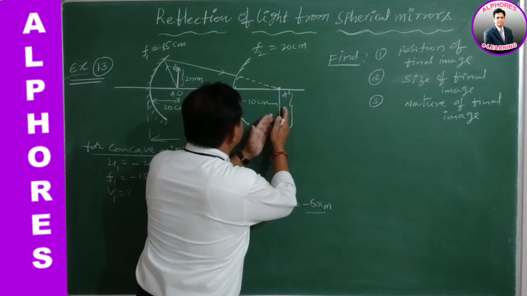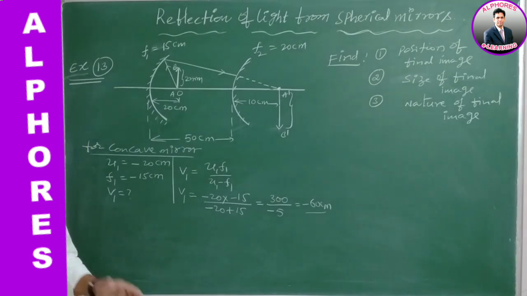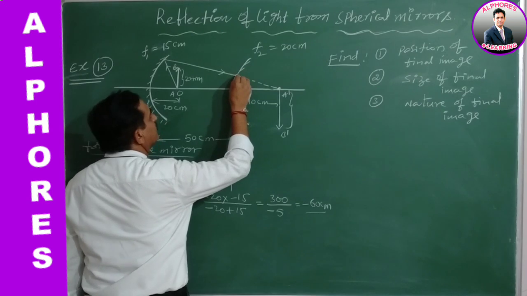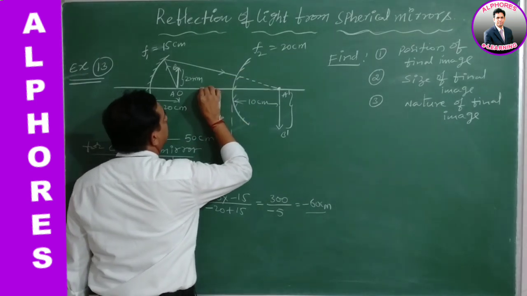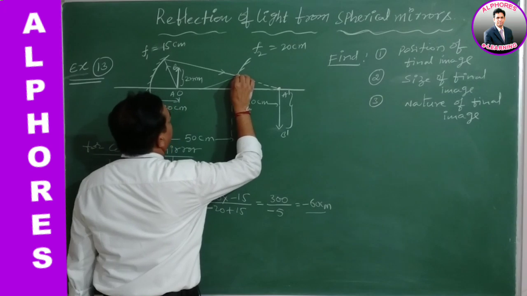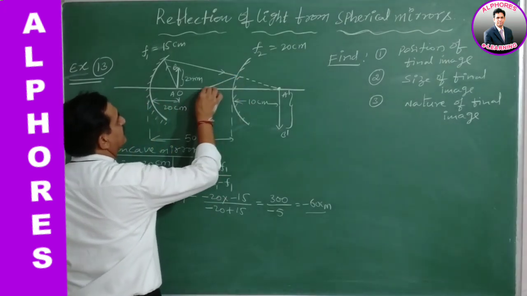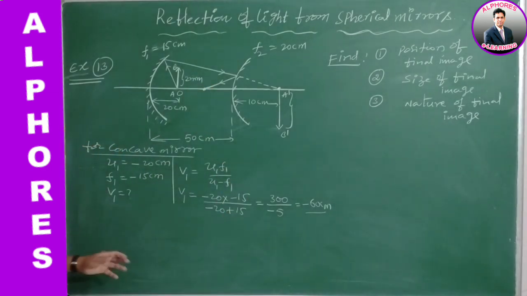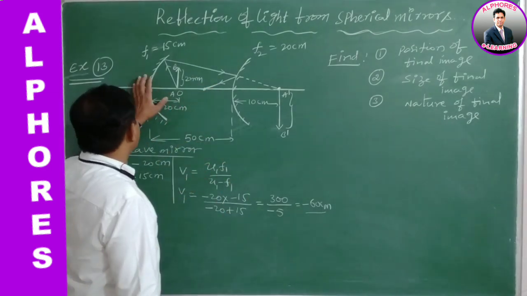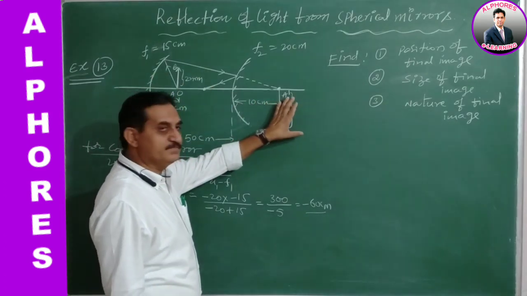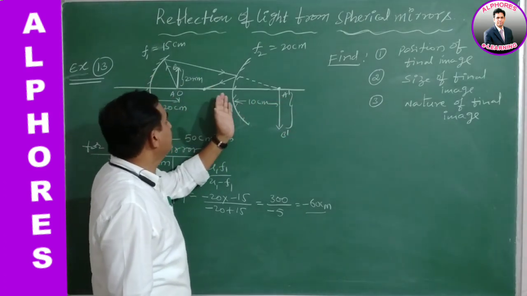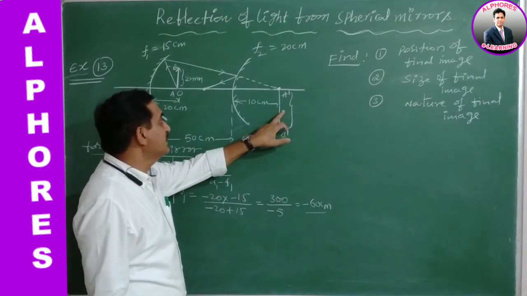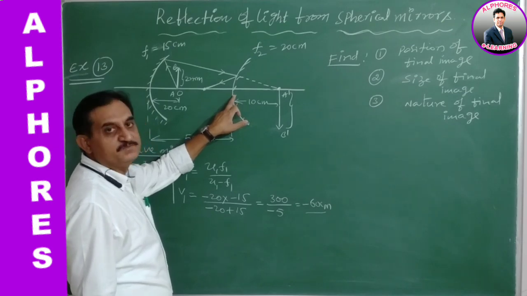As a whole it is 60 centimeter distance, its image is formed. Actually, the light ray is incident over here and undergoes reflection. Then the convex mirror gives its image at this location, the second image. So how does it form? See here, the concave mirror is giving its first image, which is formed behind the convex mirror, and this image serves as an object to the convex mirror.